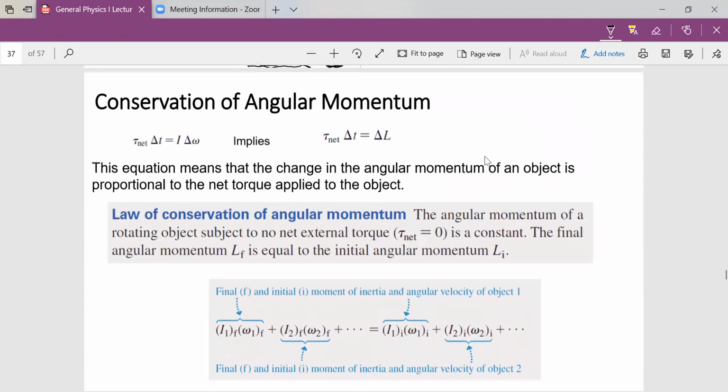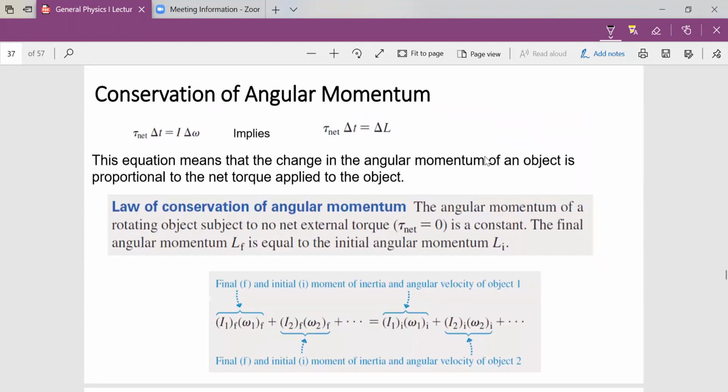Let's quickly see how we describe the law of conservation of angular momentum. Since we have described the angular momentum, the same thing applies: the initial is going to be equal to the final for them to be conserved. So the implication of that is this expression,